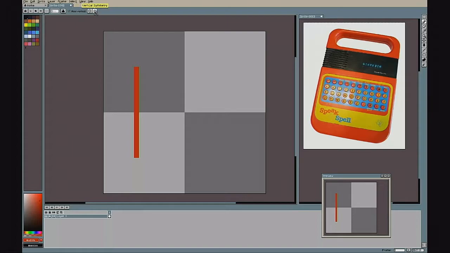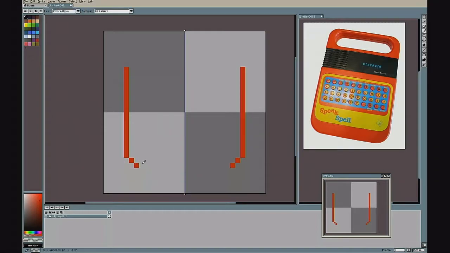Vertical symmetry. So if I do this, oh yeah, this is pretty cool. So that's another thing that's really good. See, I can paint just one side. That's pretty genius. I mean, it's simple, but